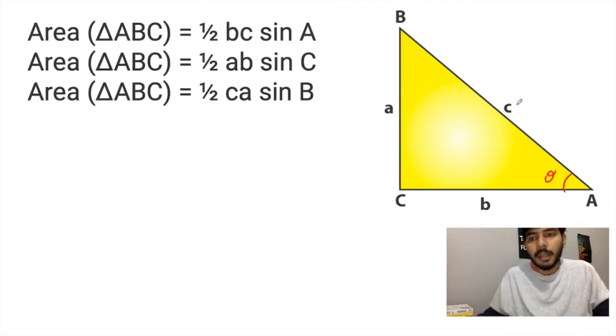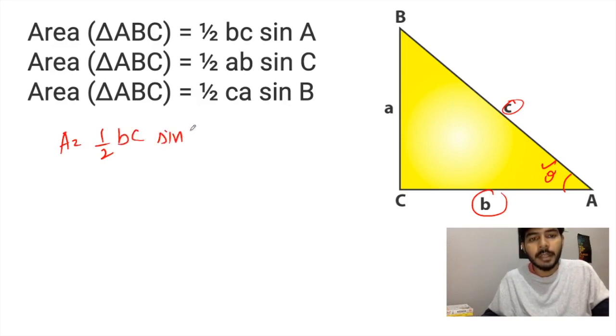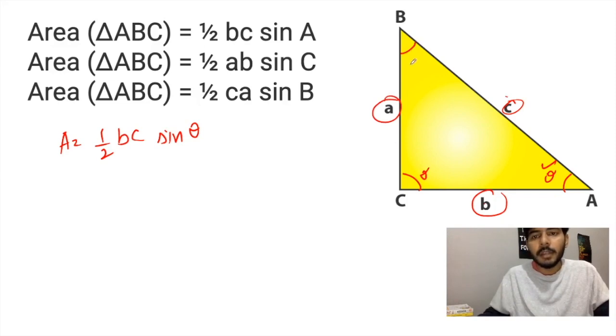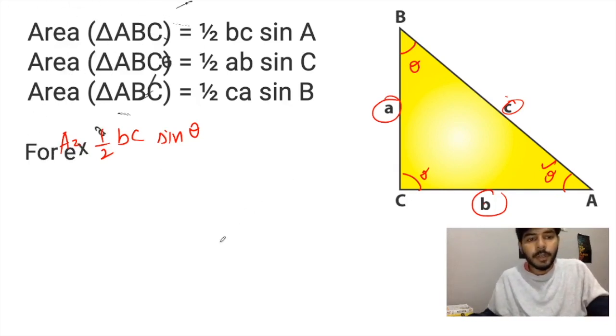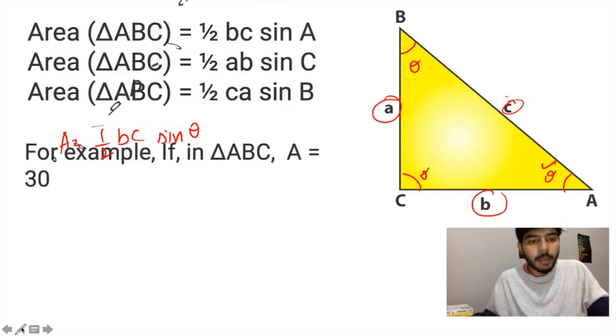सपोज अगर ये दो साइड गिवन हैं और ये वाला एंगल आपको पता है, तो सिंपली एरिया इज इक्वल टू 1/2 BC, और इसके बीच में जो साइन थीटा है, उसका यूज़ करके हम एरिया निकाल सकते हैं। सिमिलरली अगर ये दो साइड ले रहे हो तो ये एंगल यूज़ करोगे, अगर AC ले रहे हो तो ये थीटा यूज़ करोगे, जिन दोनों साइड के बीच में जो एंगल बन रहा होगा। अगर ये बात समझ में आती है तो फिर ये क्वेश्चन तुम्हें कमेंट सेक्शन में सॉल्व करना है।